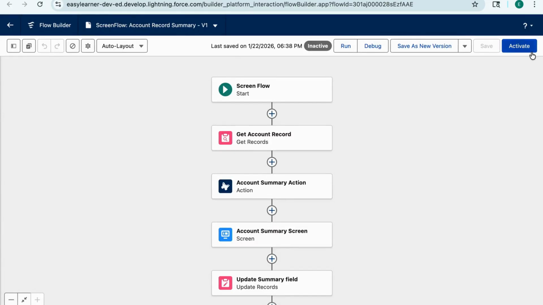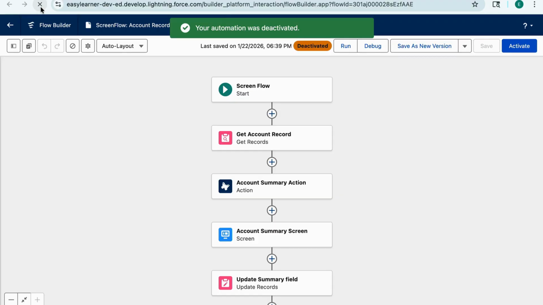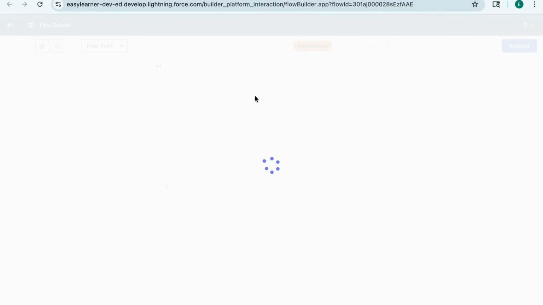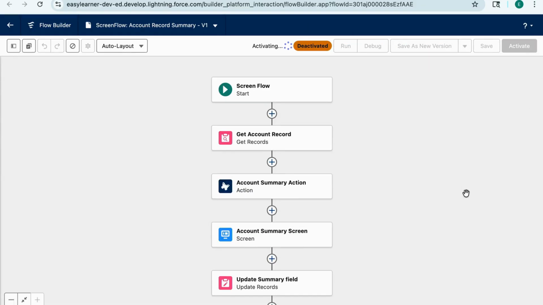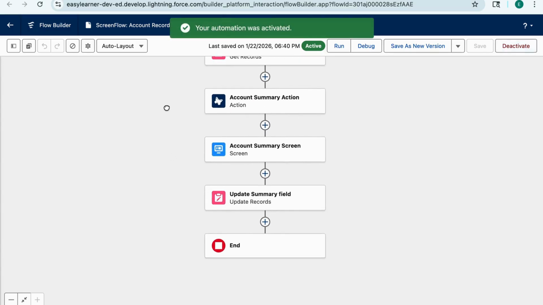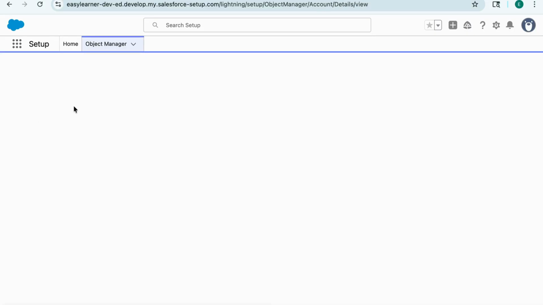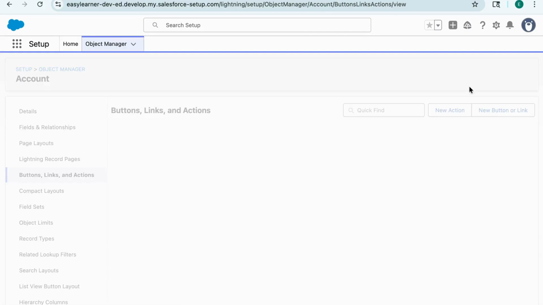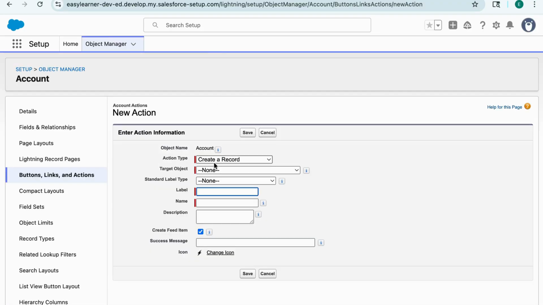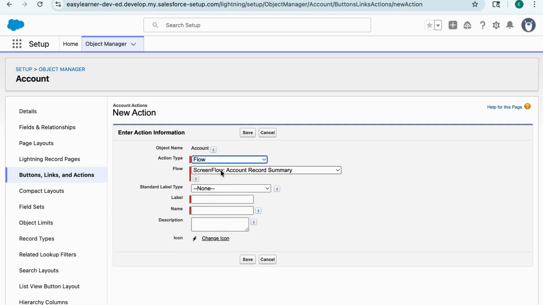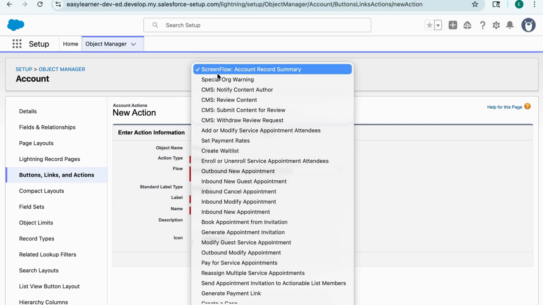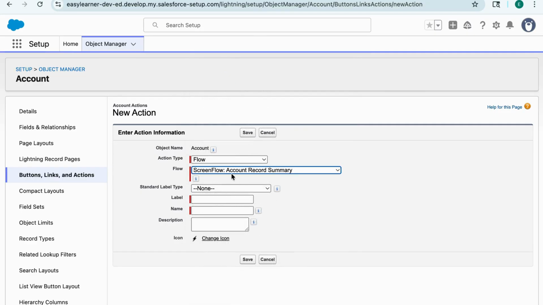Activate. Okay, this flow is activated. Now quickly let's jump into the actions. New action. Now here we have to invoke the flow, right? So if you choose flow, only screen flows will be displayed here. So I choose this because that's the one we created, and for label I will choose summary, just a short name,